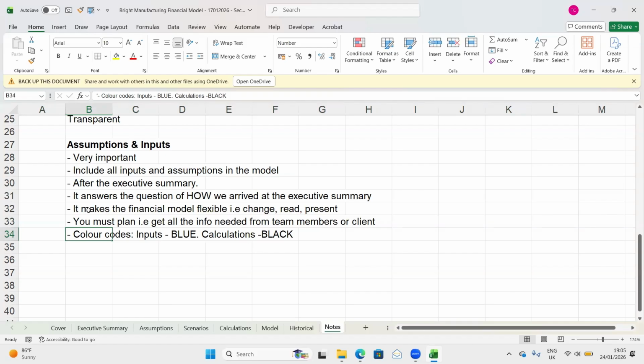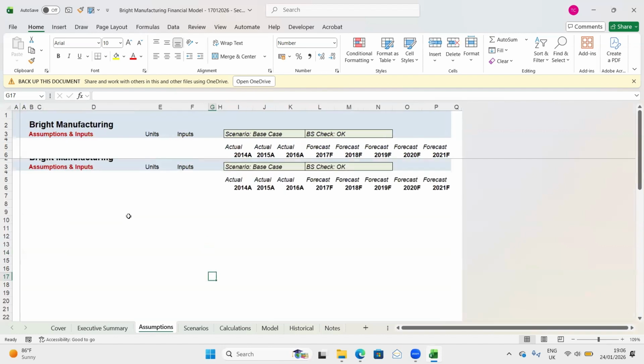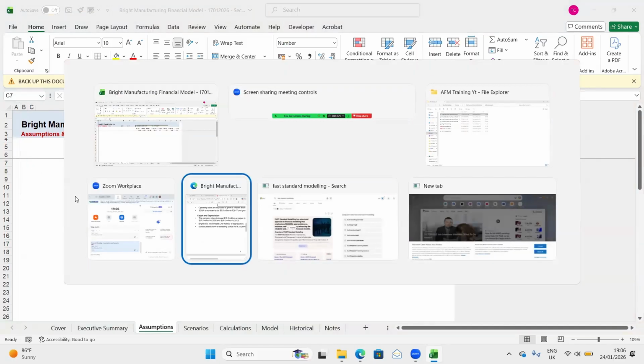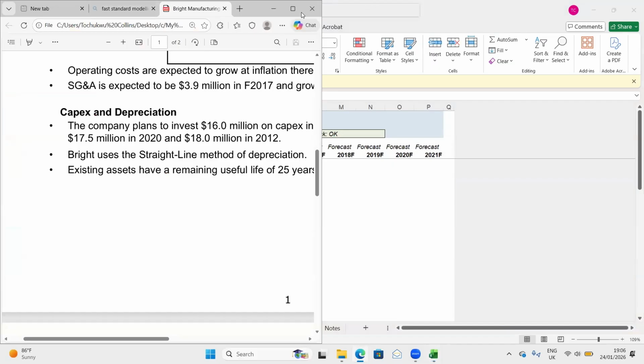So we'll just go right ahead and build our assumptions tab. We will just open up our case study and replicate all that we have there in our assumptions tab. Now follow me. So the first thing, while building assumptions, right? If you already know what you're solving, you have a case study at hand, right? So what you need to do is